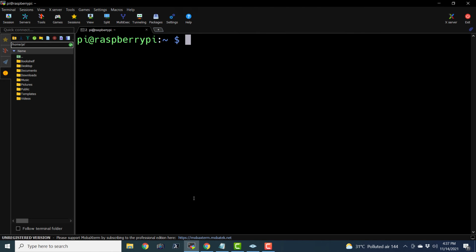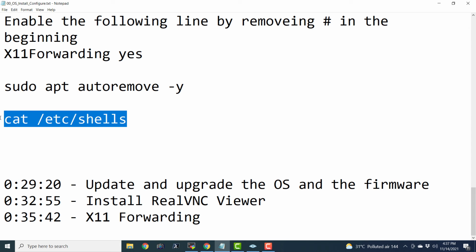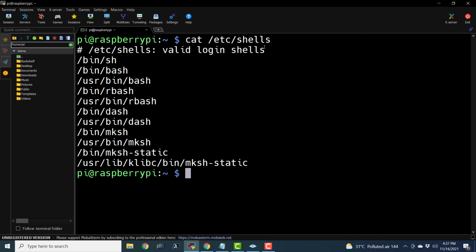Let's clear the screen and see the list of shells available for the Raspberry Pi Raspbian OS. You can find that list in the file /etc/shells. If I hit enter, it reads the list of all the shells and shows us.